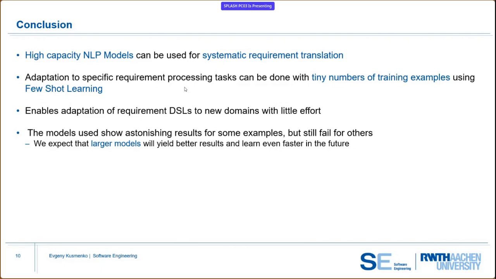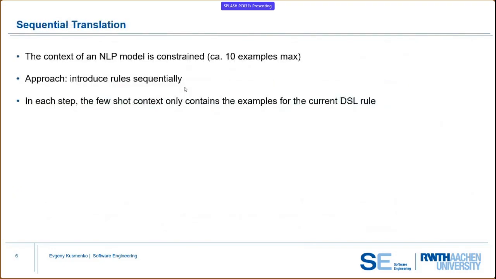So this is a slide I skipped. I'm not sure if I still have it here. So basically one thing we do to solve this problem a little bit is sequential processing. For each rule, we have a separate training set. So I first, for example, do the if-then translation. Then with this translate model, I do the next syntactic element and so on. So this already helps me to save a bit of this window. But of course, if you have very, very long requirements, it will become difficult.